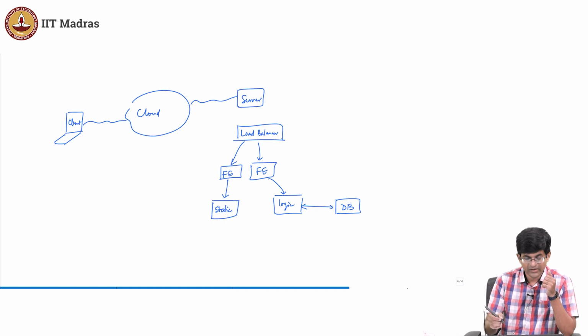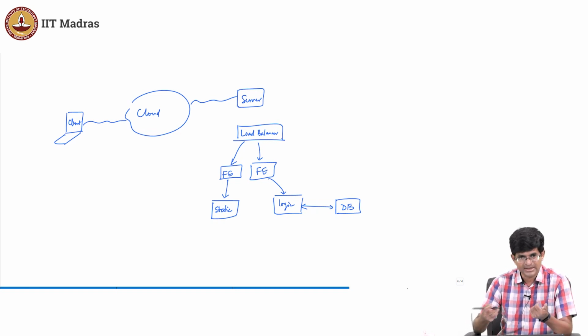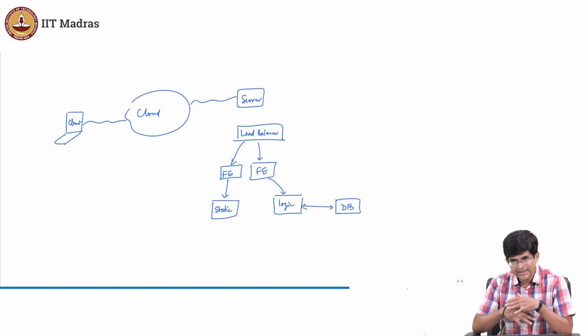So you can see that, even at the hardware level, or rather, this is not actually hardware level, these are tasks. I can think of the load balancer as a task, the static file server as a task, the business logic as a task, the database as a task. All of these could be running on the same server, or they could be distributed across multiple servers. The moment I have defined my tasks in this way, I can think of spreading them out.